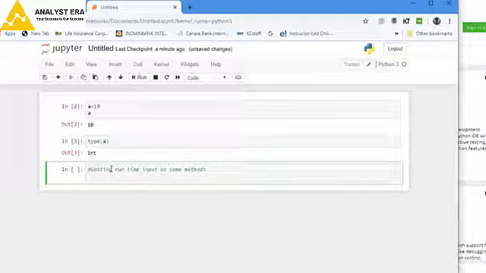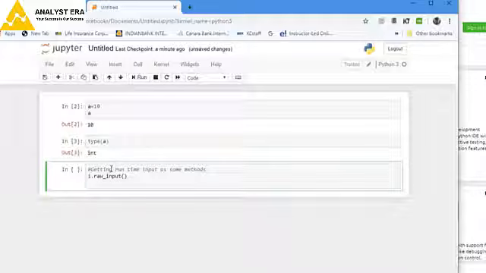The first method is raw_input. The second method is the input function.